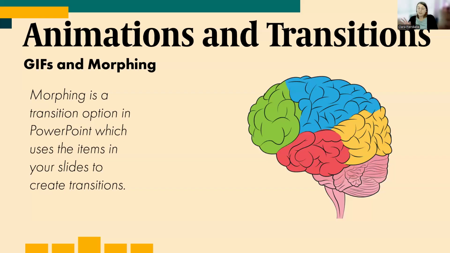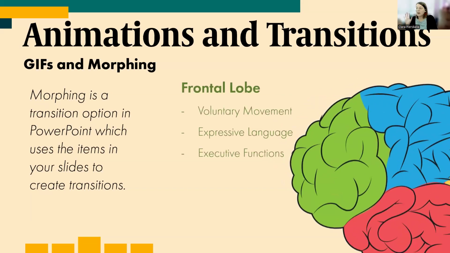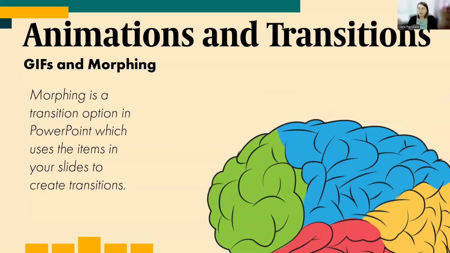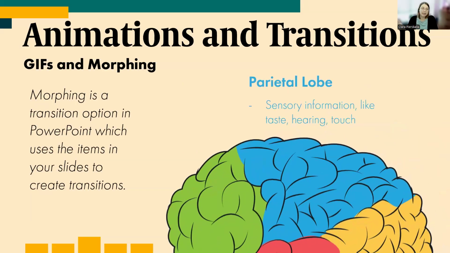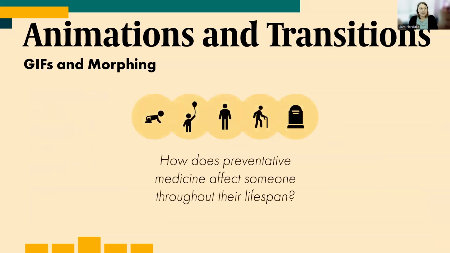I love morphing because you can actually use it in many different ways. You can use it to help show different areas of the brain, or I actually just did a couple examples of different ways you can use morphing. So in this one, I had the brain moving around into the different lobes. So you can say, oh, there's the frontal lobe, there's the parietal lobe. Here are the things that they do. You can also use it in